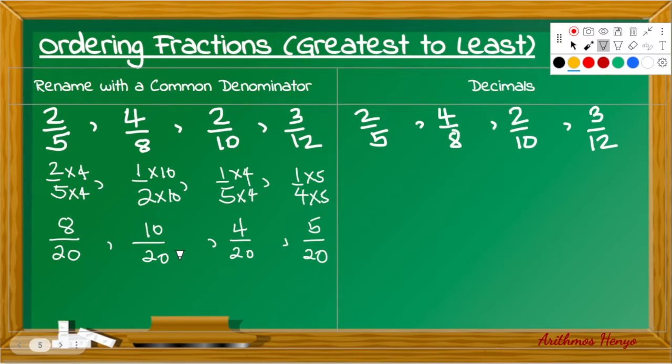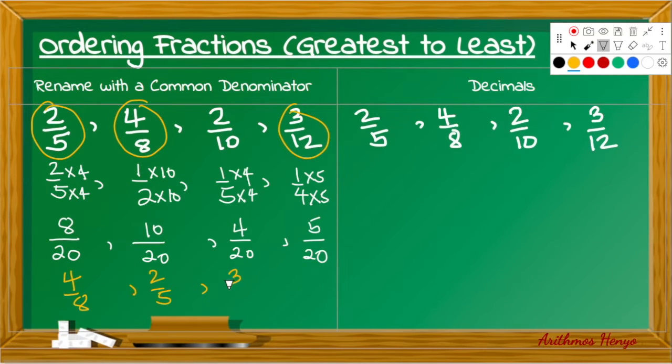The greatest is 10 by 20 and the original fraction is 4/8. Next is 8 by 20 and that is 2/5. Next is 5 by 20 or 3/12, and lastly 4 by 20 or 2 tenths. Let us now convert 2/5 to decimal, and this is equal to